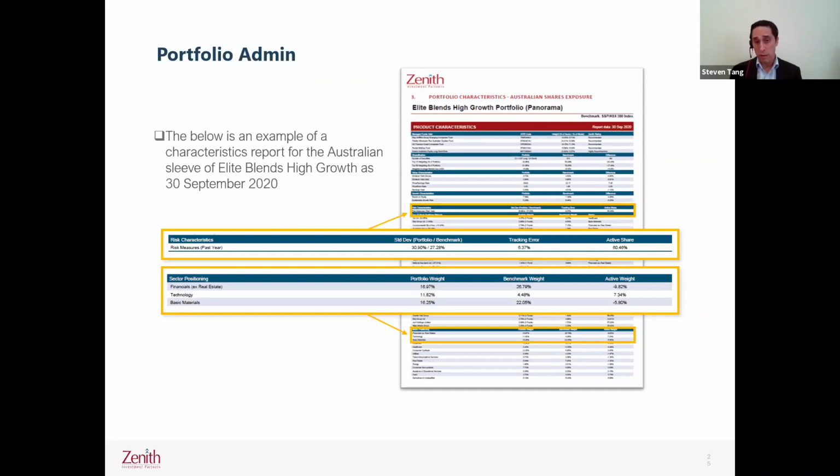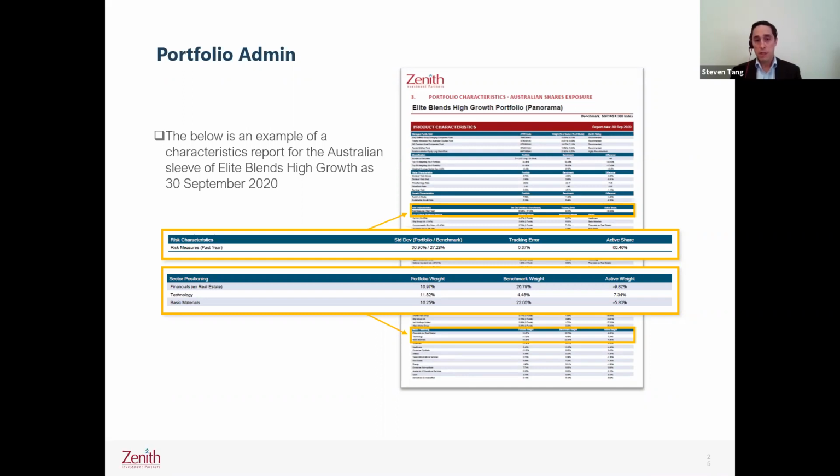So what I've pulled out here is an Australian equities or shares output from this system. And this is really allowing us to have the full look through again and look at key risk characteristics. And you can see there's a few highlighted sections, but the reason why I pulled the Australian shares part out is because, remembering we're running that small cap bias, I wanted to emphasize that this is really where it comes through. The small cap bias is really through our Australian shares sleeve.